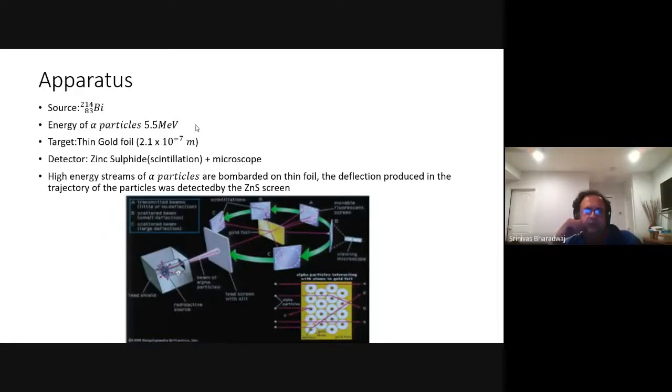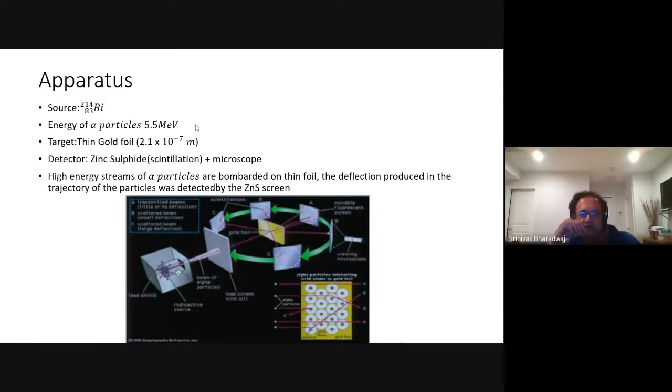Okay. So he used an isotope of bismuth. So what is an isotope of bismuth? Okay, an isotope of bismuth is said to be bismuth if it has an atomic number of 83. Okay, but its mass number, 214, can change. Different isotopes will have different atomic masses. Okay, so now using bismuth, he generated alpha particles and he made them move with a great energy